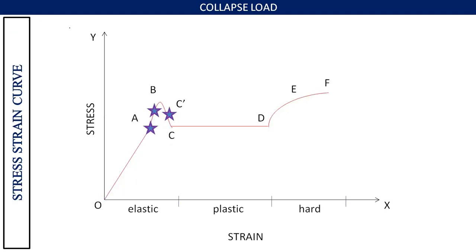In this figure, O and C is the elastic, C and D is plastic, and D and F are hard. So as the points A, B, C dash and C are closer to each other, it is simplified,